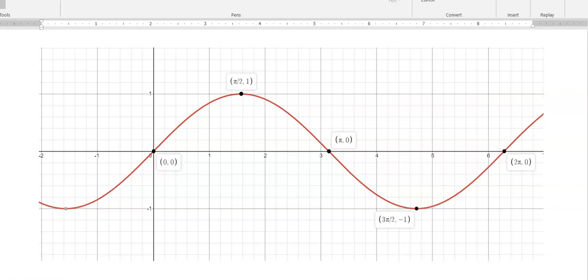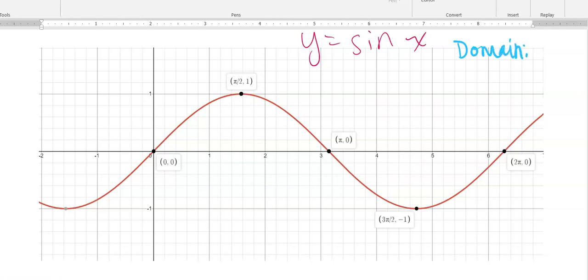All right, so here is our sine graph. Okay, so y equals sine of x. Now what we're going to do with our sine graph here is we're going to find the domain, the range, the amplitude, and the period. Okay, so let's start with